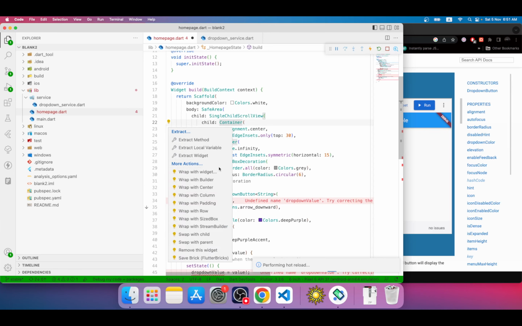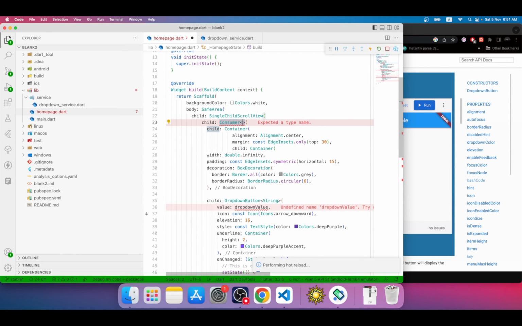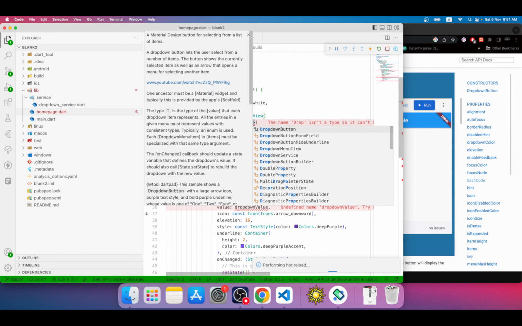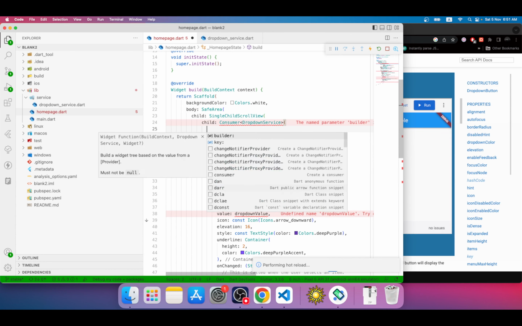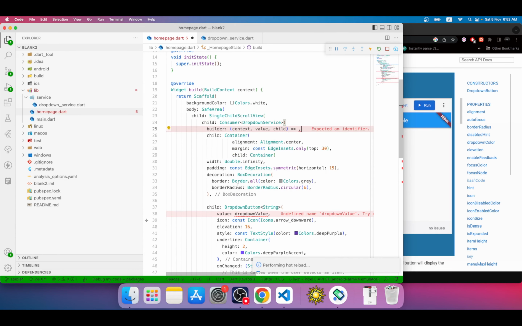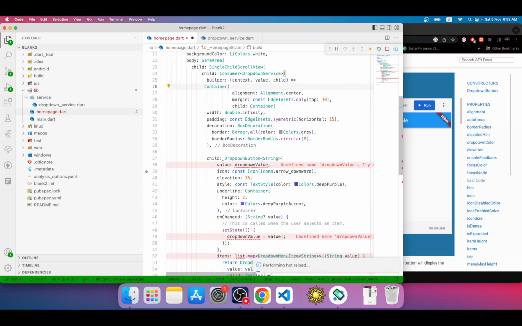I will wrap my container with Consumer. In the value section I will say